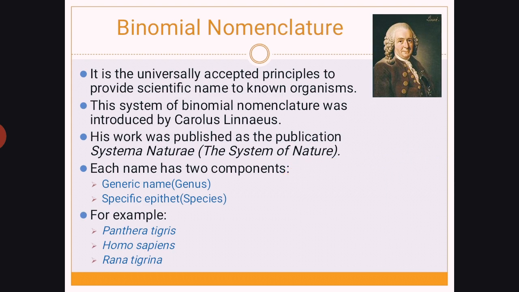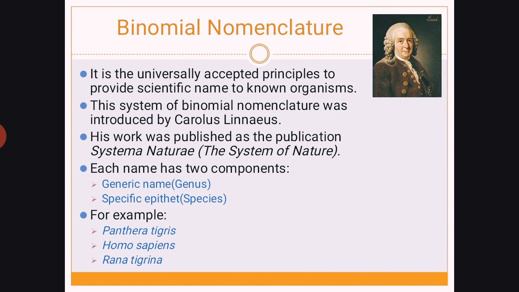Binomial nomenclature is one of the important parts of this nomenclature system. It is a universally accepted principle to provide scientific names to organisms. This nomenclature system was introduced by Carolus Linnaeus. He published his research works as a book titled Systema Naturae, which in English means the system